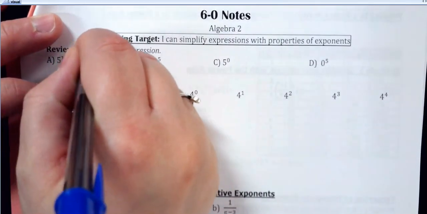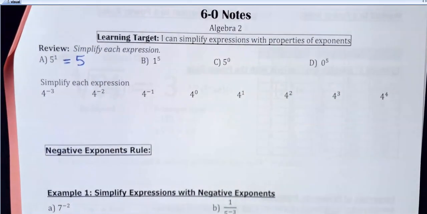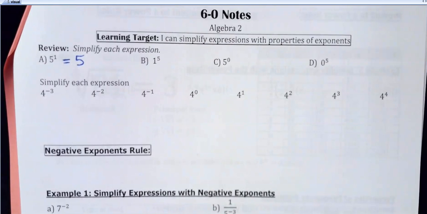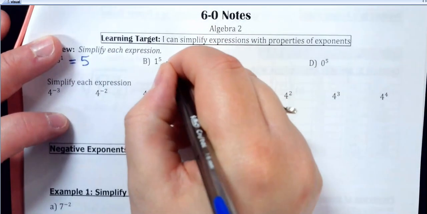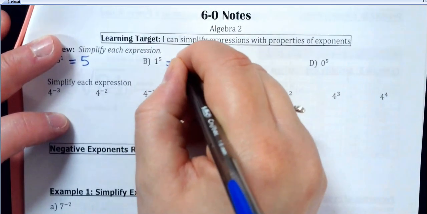Anything to the first power is just going to give you back whatever it is. Like if I had 6 to the first, it would be 6. 7 to the first would be 7. So 5 to the first is 5. Okay, what if I do 1 to the 5th power? 1. Anything to any power, 1 to any power is 1, because you're just multiplying 1 by itself over